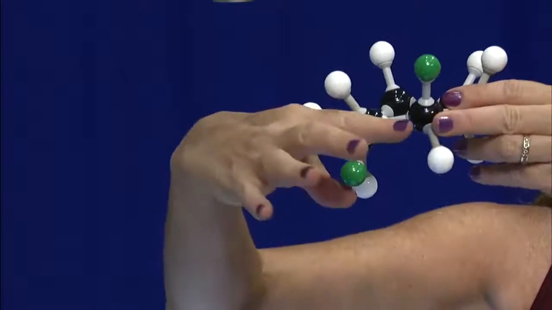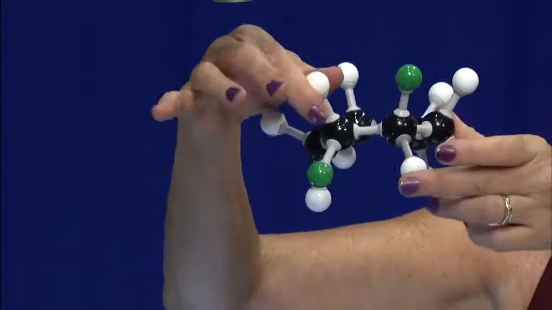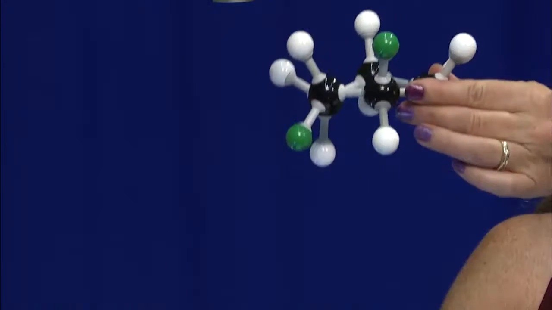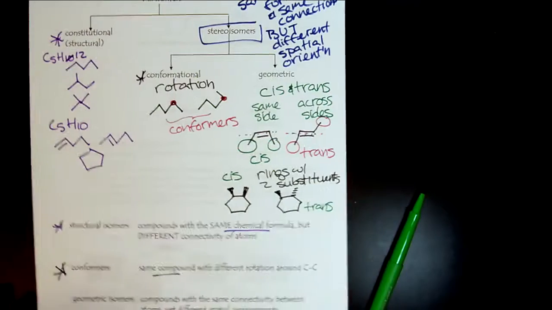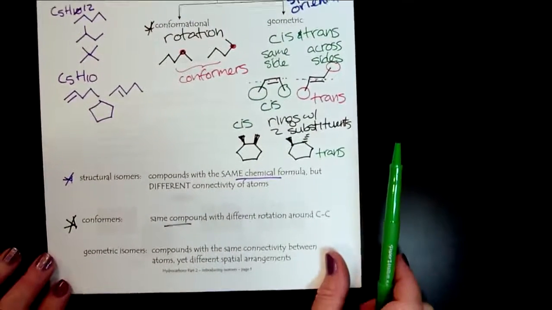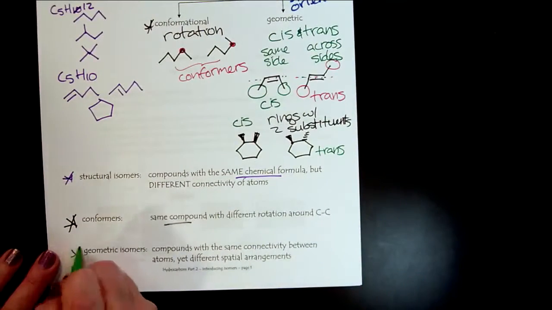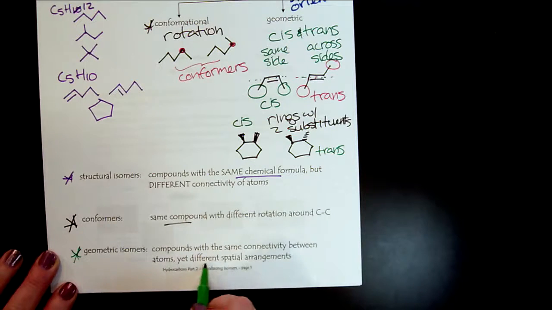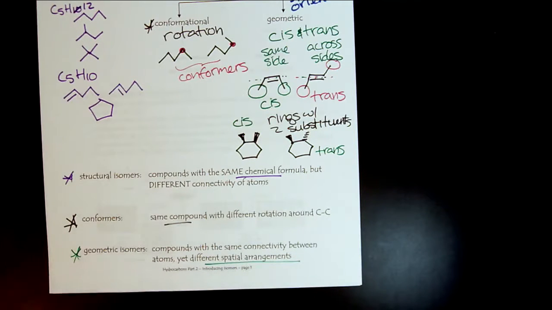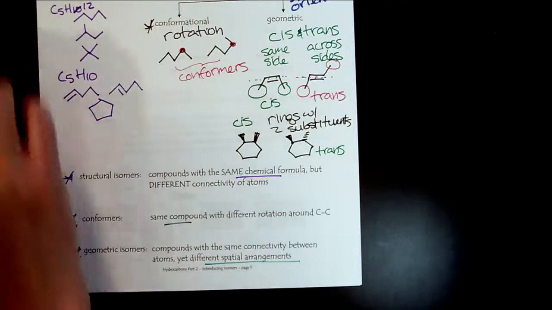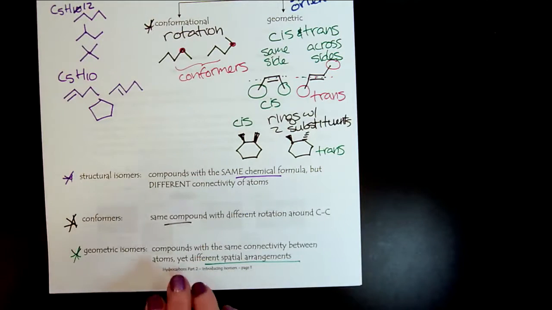So with the plane of the ring, they're across that plane of the ring, so that's trans. So that's our two examples of geometric isomers for cis and trans. And those are right here. And so that's due to the difference in spatial arrangement. Alrighty. Okay, let's move on to the next page